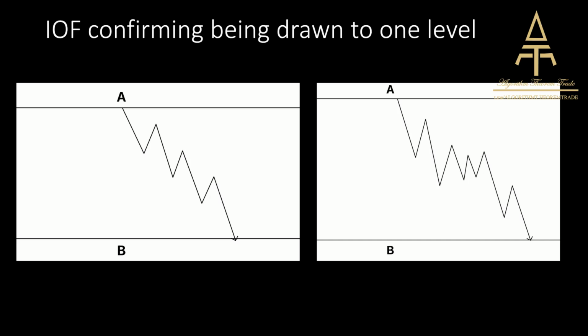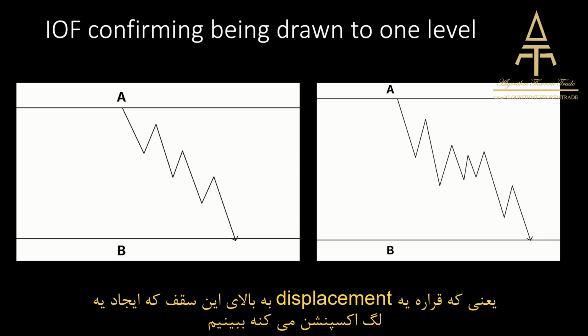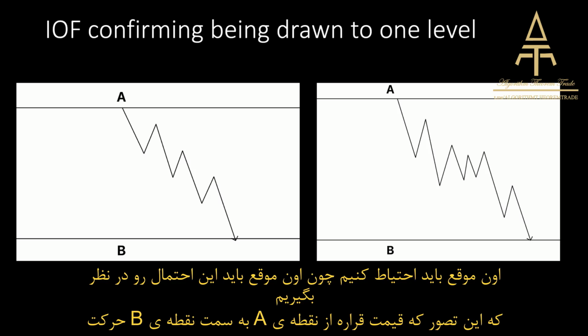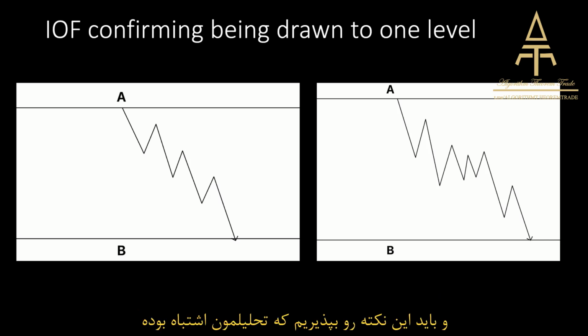draw lower. And the moment that order flow would, for example, displace to the upside, meaning that we would see a displacement above a high that set up an expansion leg, then we have to be cautious, because then we would have to consider the possibility of our idea of point A being the inception of a run towards point B being wrong. And if we see those signs that confirm that we're wrong, we need to get out and we need to accept the fact that our analysis was offside, and we then gotta move on towards the next